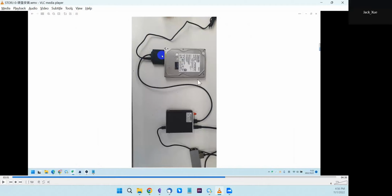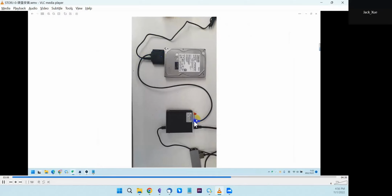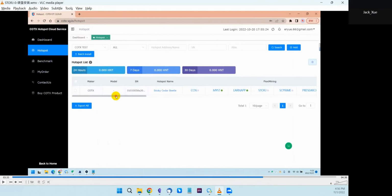So now in this example, this hard drive has already been formatted, and we use the same SATA to USB adapter to connect to an X3 hotspot. And still, it must have an external power source. So you use a USB cable connected to the USB port at the end of the X3 hotspot. Since the hard drive is already